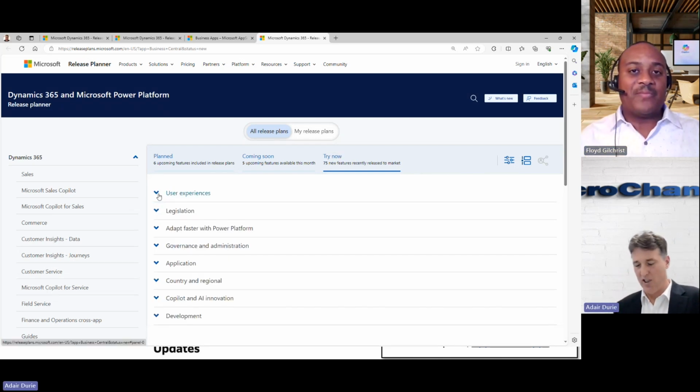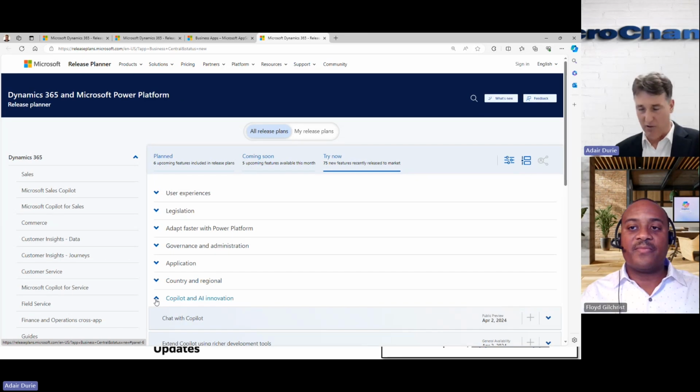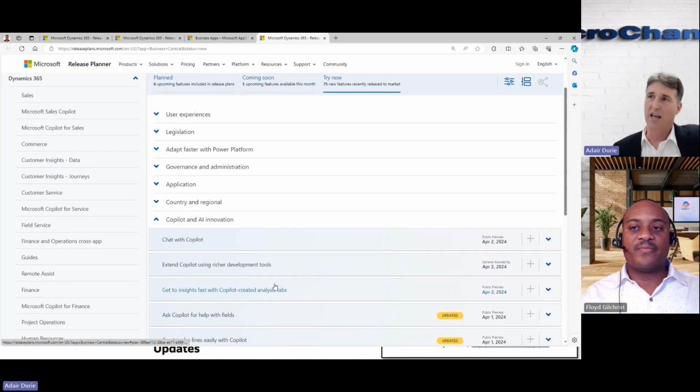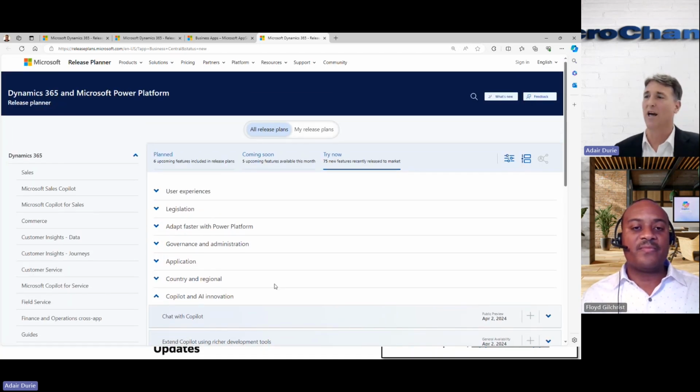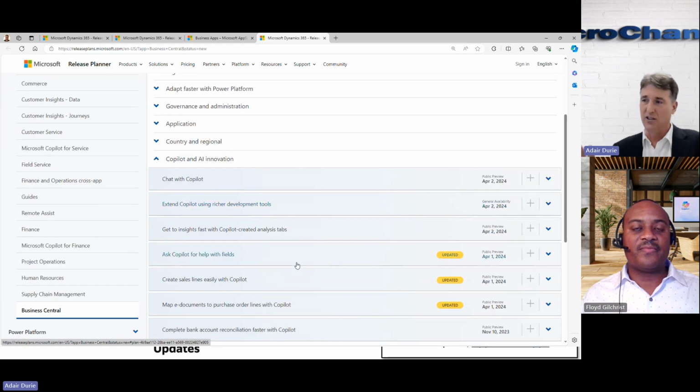Yep. So just on the functionality, I'm not going to comment much on the functionality, because the functionality releases are the functionality releases. But the cloud enables the way that you interact with that new functionality to be so much different. For example, I've just gone to the release planner here from Microsoft, where you're able to have a look at the functionality that, in this case, Microsoft is releasing at any point in time. So there's 75 features that you can try before you implement it inside your production environment with all of your sandbox environments. And in fact, Lynn shortly is going to demonstrate some of these.